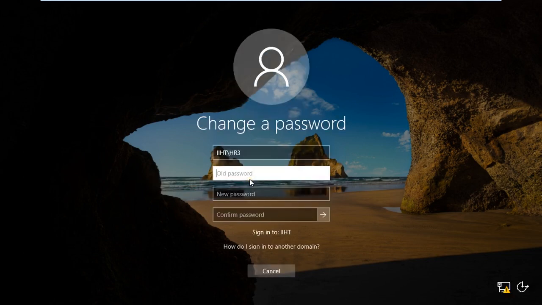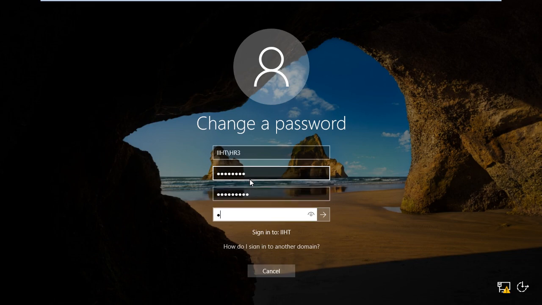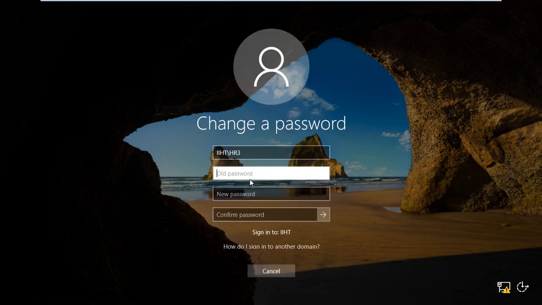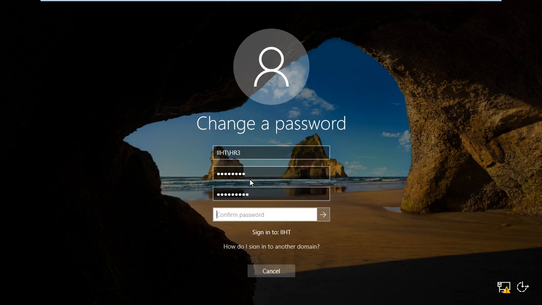If he is trying to put 123 at IIHT 1234567, he is not able to change the password. Why is he not able to change the password? Because of the password policy running on this system.